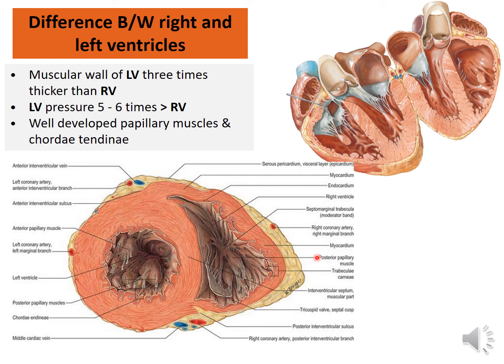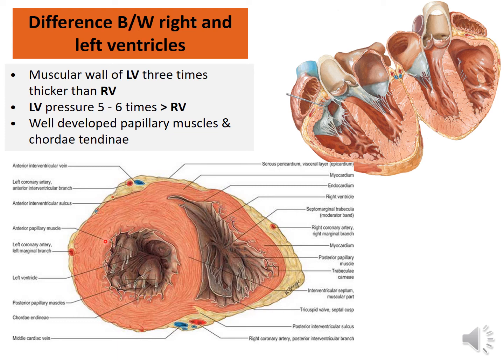Now we talk about the differences between the right ventricle and left ventricle. You can appreciate this from this picture. This is the transverse section through the ventricles. This is the right ventricle, this is the left ventricle. How can I identify this? Always the cavity of the right ventricle is crescent and the left ventricle cavity is circular. This is due to the bulging of the interventricular septum towards the right ventricle.